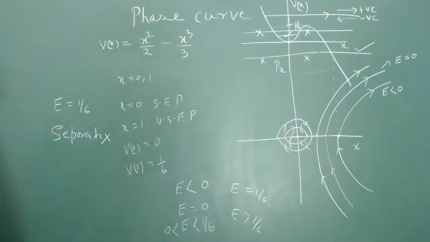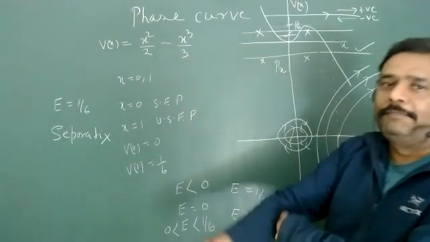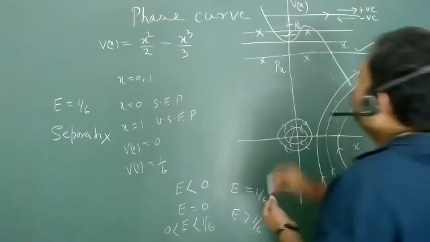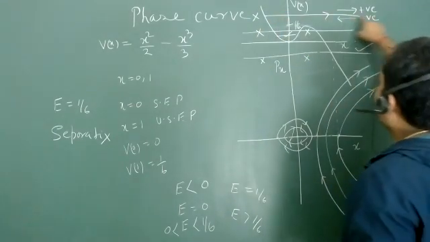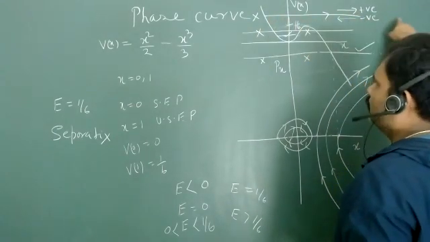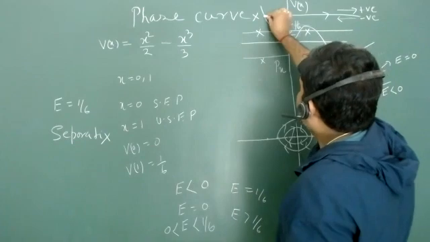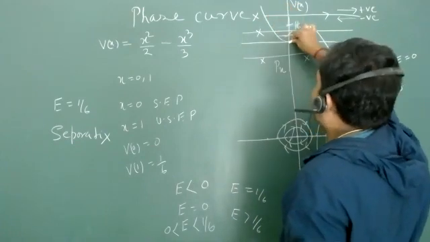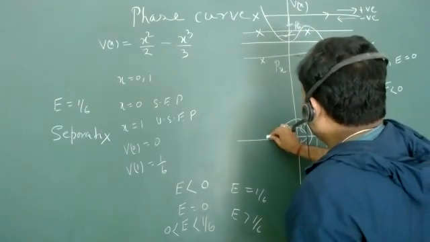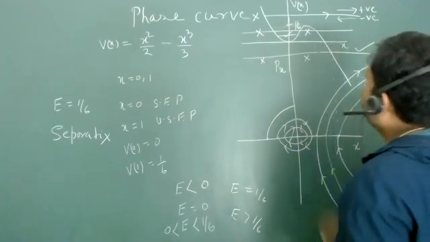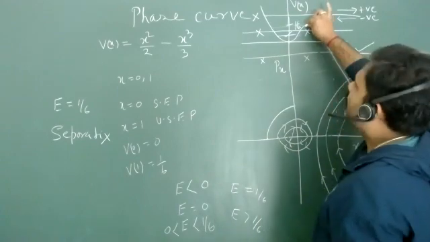So what will happen when E is greater than 1 by 6? The profile is very interesting. There is a lot of zigzag it has to follow. Now, this region is the forbidden one. And this whole region is all about your allowed region. So you will start from here, from 0 up to this region. Your potential energy is decreasing. So kinetic energy will increase. So momentum will increase. So up to that region, you have this sort of phenomenon. After that, again your potential energy is increasing and it will reach the maximum value.